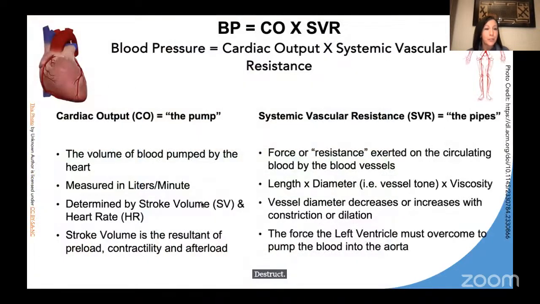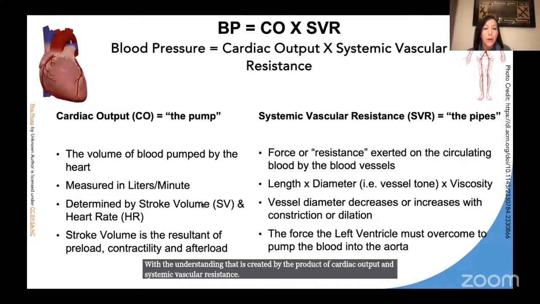So as a refresher, we want to start with blood pressure. Blood pressure is what we use to estimate how much oxygen is delivered to cells. Oxygen is delivered to cells by the circulating blood. Because we cannot measure circulation, oxygen, or blood at each and every cell, we use blood pressure as our best substitute. We'll discuss blood pressure with the understanding that it is created by the product of cardiac output and systemic vascular